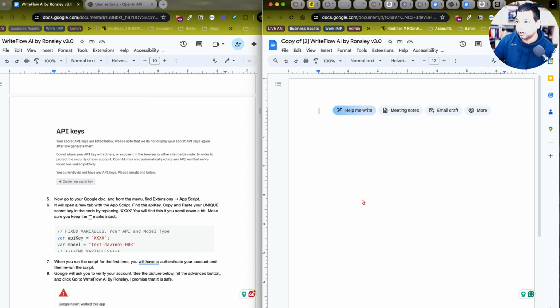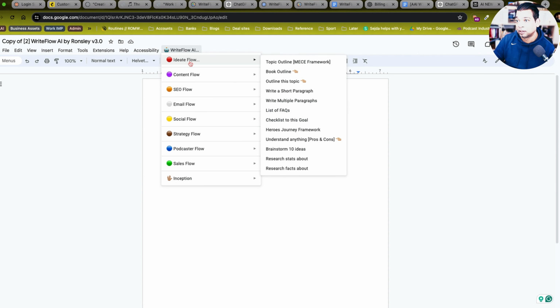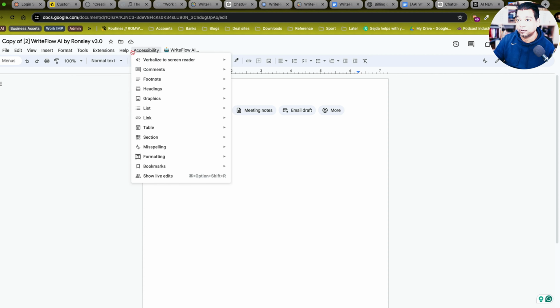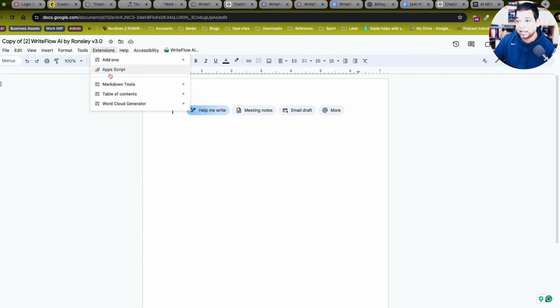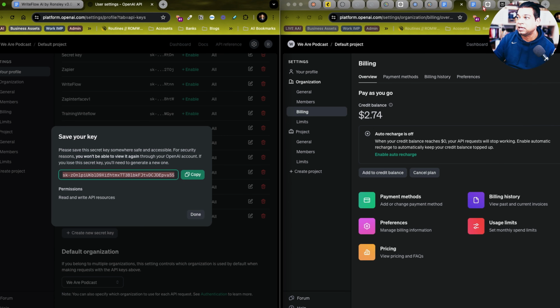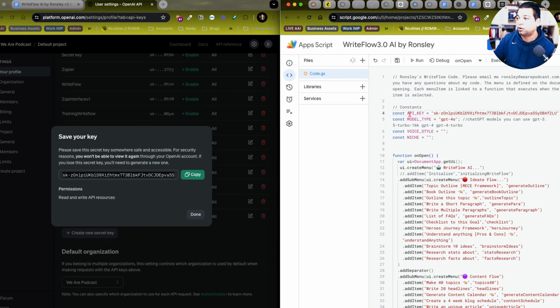The next step is for you to go into your Google Doc, which we've just created, but it's not going to work because if you click on something, it's not been set up yet. So for you to set this up, you have to come here into extensions and click on app script. When you click on app script, you will be taken to this section here, which will actually be blank like this. And you can use different models here, but you will paste your API key that you just got from here previously. This key that we just got, we're going to take that and we're going to put it under